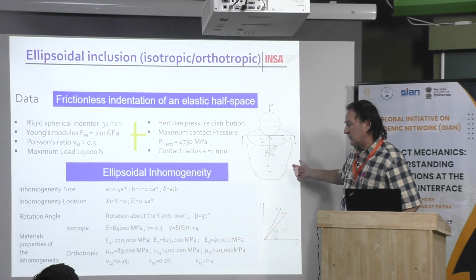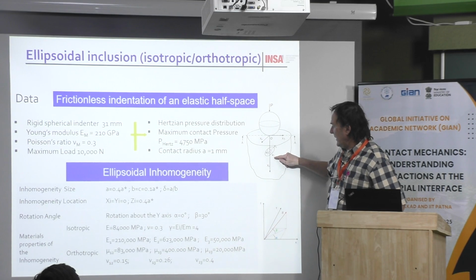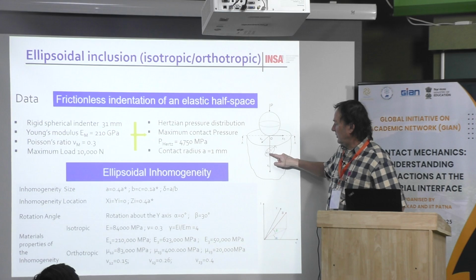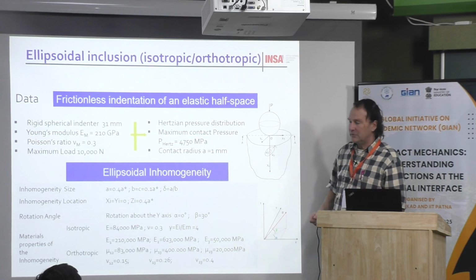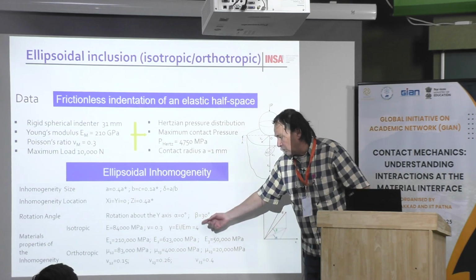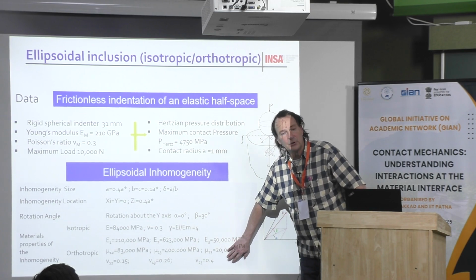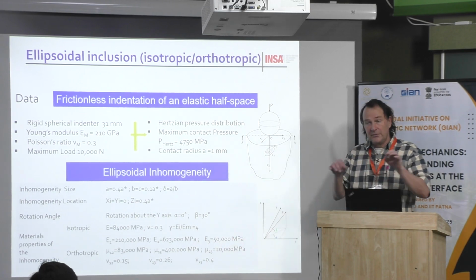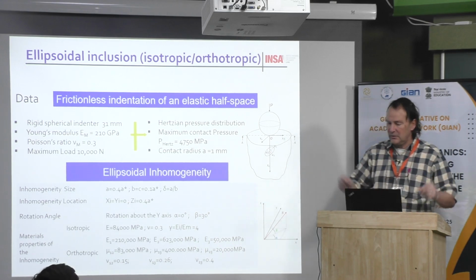We have the dimensions of the inclusions, and two dimensions are the same, A2 and A3, and A1 is 4 times the radius of the inclusion in the plane 2, 3. Then it's slightly ellipsoidal, but not too much. And this is the material of the inclusion, which can be either isotropic or orthotropic, because when you simulate fibers, very often they are orthotropic. Because it's made of a long chain, it's typically orthotropic.